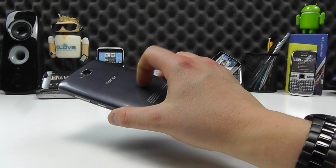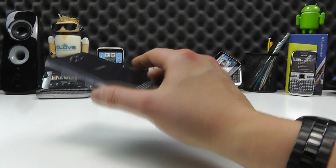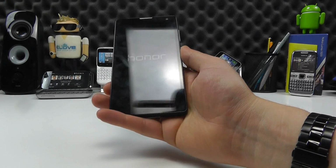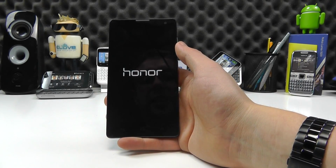So it's going to stand the test of time a little bit because it's going to be a bit more resilient to drops and knocks, but it is that fingerprint magnet, as you can kind of see. Now we're just powering on. It is running Android. It's then being customized a little bit by Honor, or Huawei essentially, who sit in the